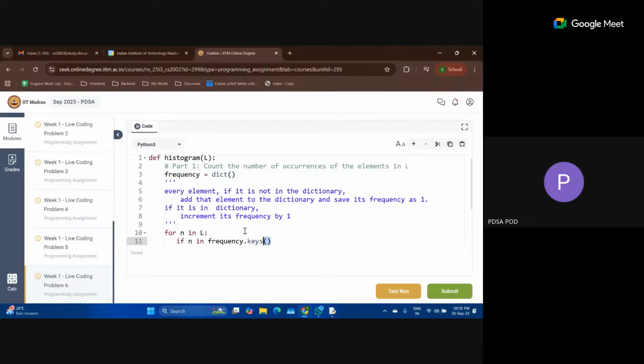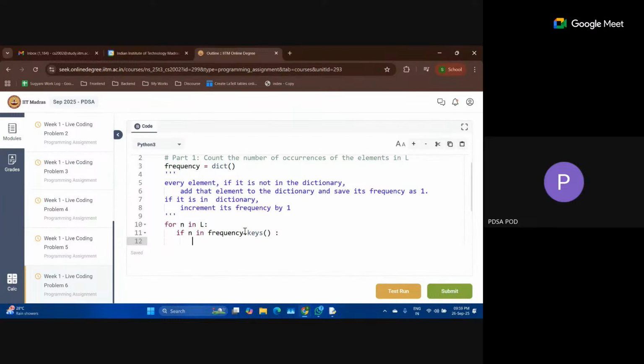The keys function returns the keys of that particular dictionary. In the dictionary variable called frequency, I am going to look in the keys and see if my n is there or not.